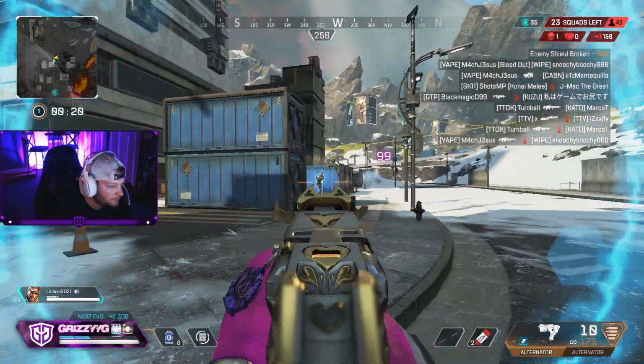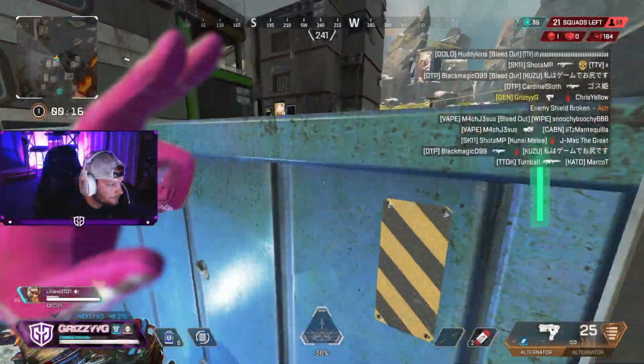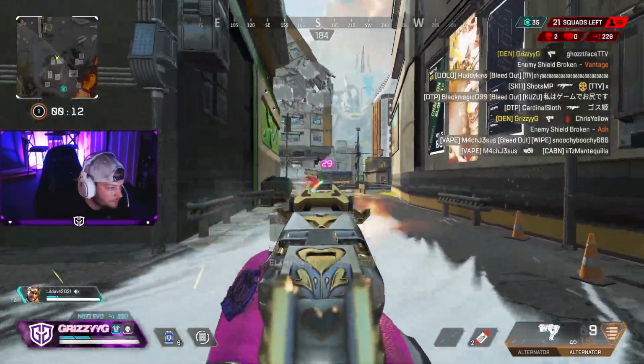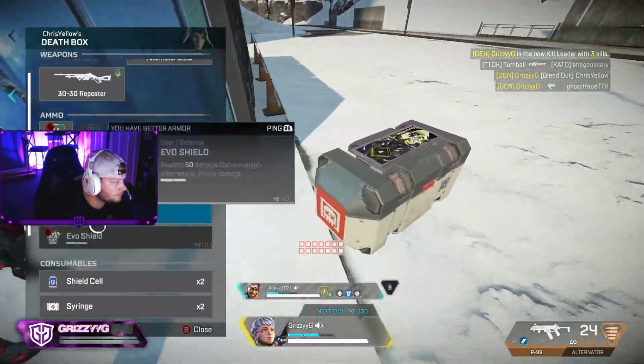First up, we have the D tier weapons, and the worst weapon in the game is the P2020. Yes, the P2020 can be somewhat decent with hammer point rounds, but honestly, they even work better on the other weapons that those hammer point rounds attach to. The P2020 is a weapon that you need to look to immediately swap as soon as you can find another